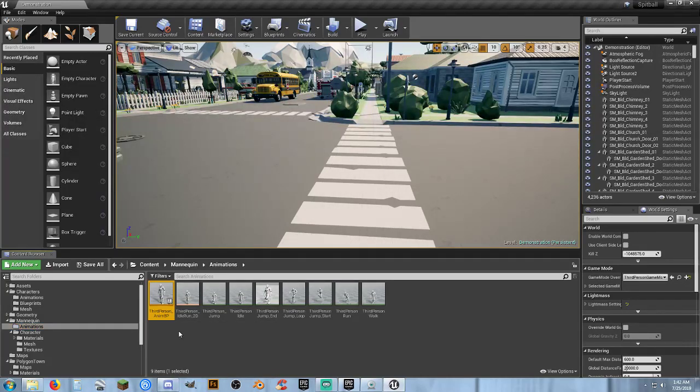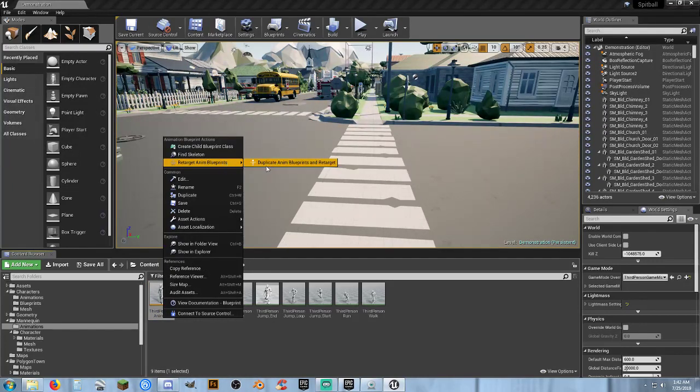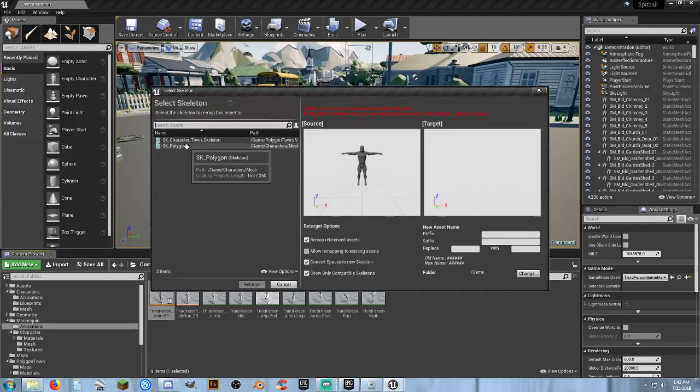So what I'm going to do is I'm going to left click on third person anim BP, the one with the orange bar at the bottom. I'm going to hit F2 like I'm going to rename it, but I'm not. I'm going to hit Control C to copy it. So I copied the name. Now I'm going to select it again, right click, retarget anim blueprints, duplicate anim blueprints and retarget. I'm going to select my SK Polygon, and then I'm going to go to my replace box right here, and I'm going to hit Control V. It's going to put all that third person anim BP stuff in there, and I'm going to call this unarmed